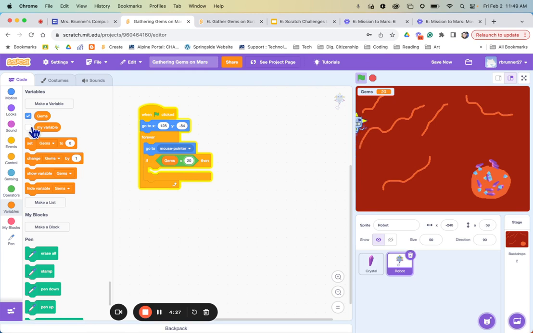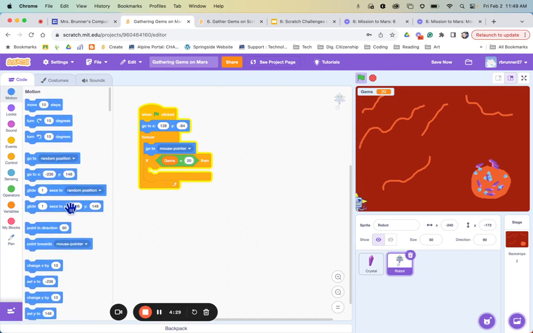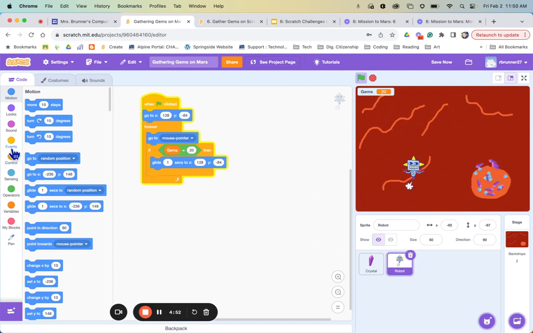I want the robot to glide back to the starting position. So I want it to go to 128, negative 84. And then he goes there. And then, because now it looks like he's doing it over and over and over again because the score equals that, I'm going to have it say